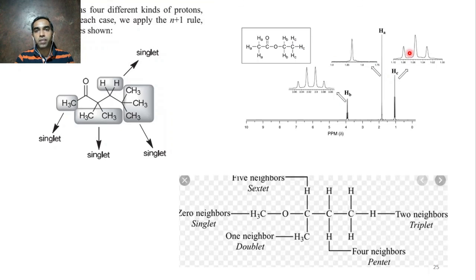So this CH3 has come here. It is split into a triplet because of these 2 protons. And this Ha, which is next to CO, has come next, which is appearing as a singlet. And this one, that is Hb, is coming most downfield because of this oxygen. Now it is appearing as a quartet because of 3 protons here.